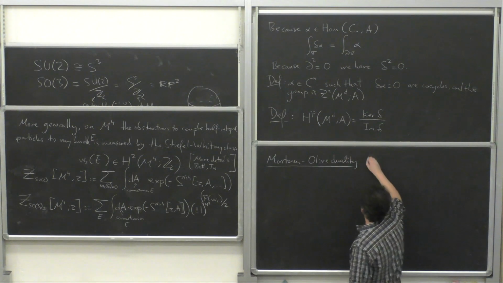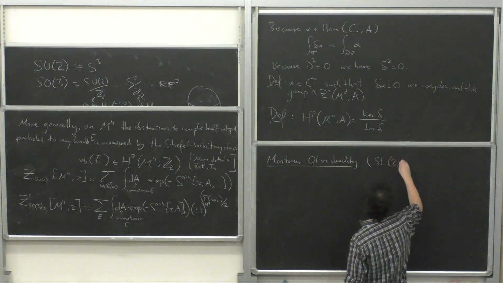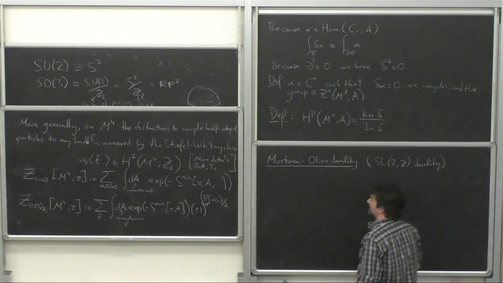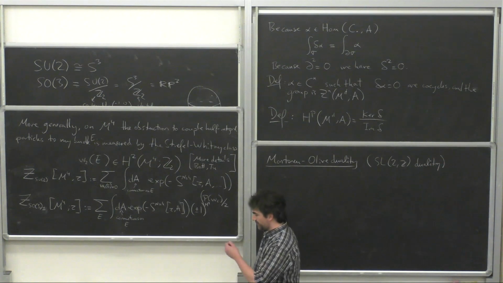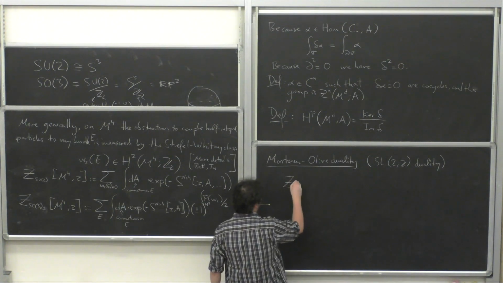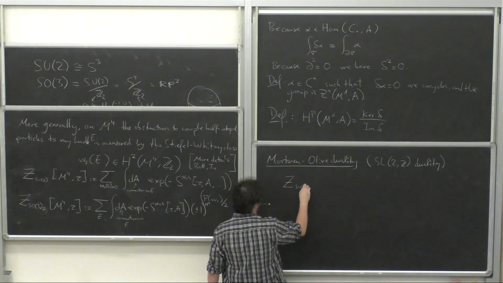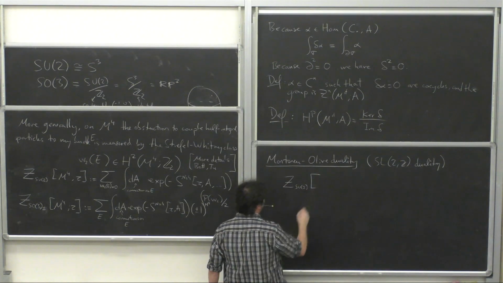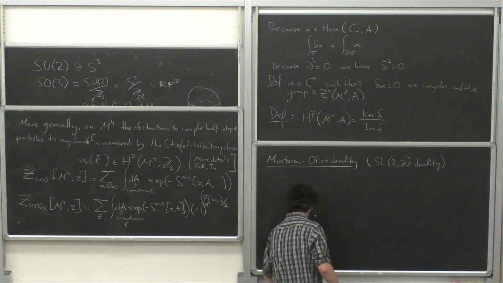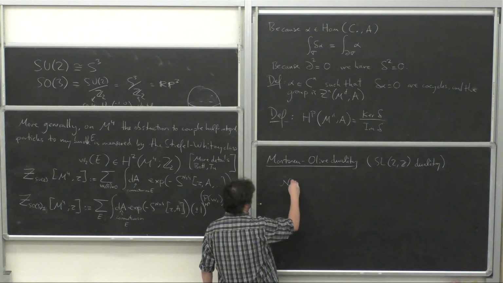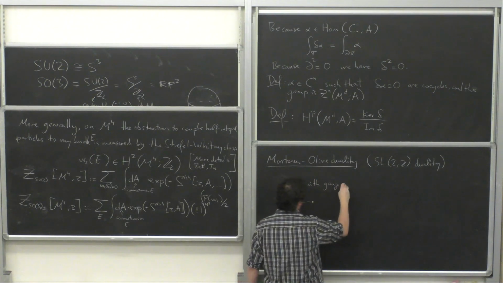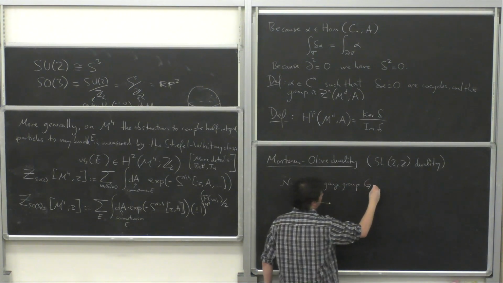Or sometimes SL2C duality. And it's the following statement. If I compute the partition function of the SU2 theory, well, let me make it more general. The statement is that N equal to 4 with gauge group G and coupling tau